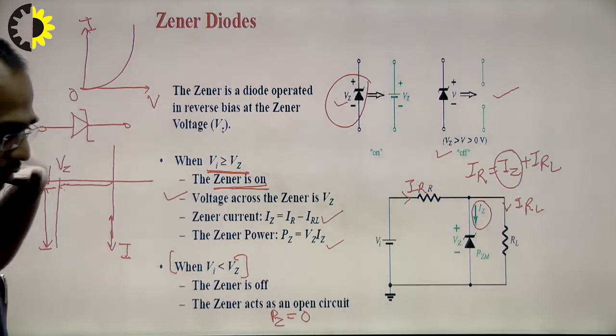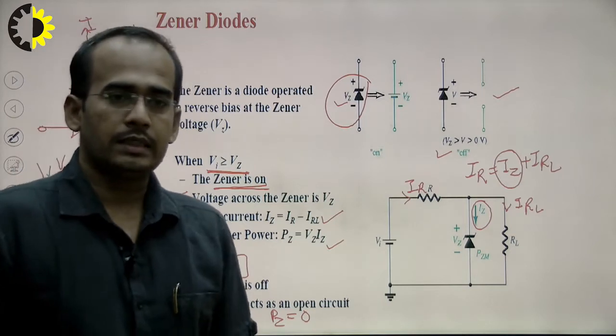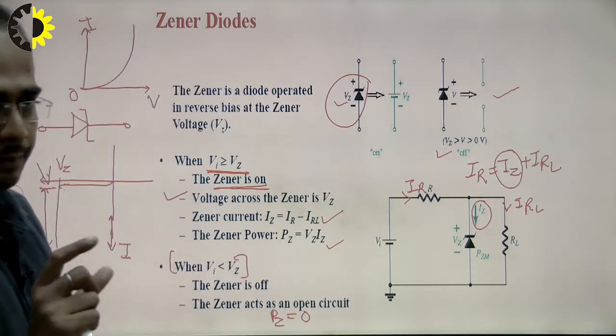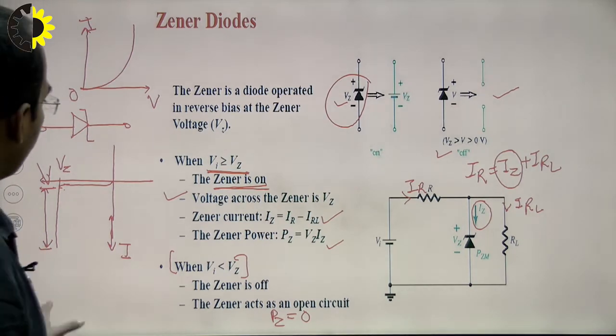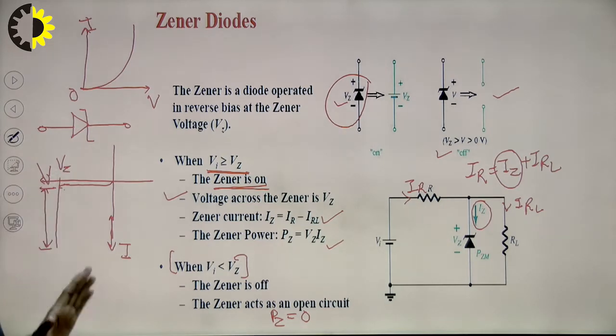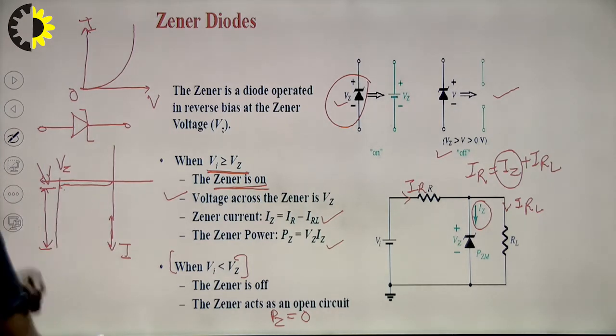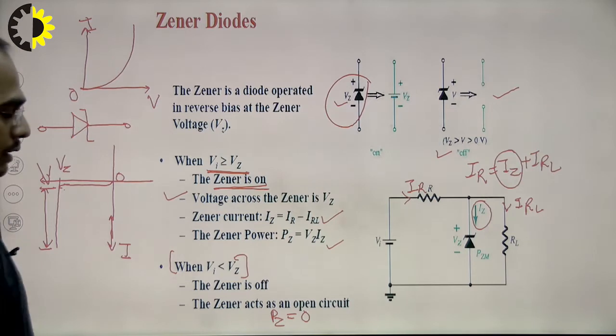In case of forward bias, when we apply the forward bias voltage across the Zener diode, it will behave as a simple PN junction diode, and when reverse bias voltage is applied, the characteristic will be like this until Vz. When V is less than Vz, a small current will flow through the Zener diode, and when it crosses the Zener breakdown voltage or Zener voltage, the maximum current will flow and breakdown will occur.